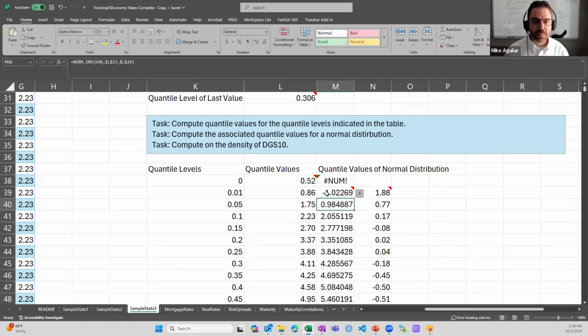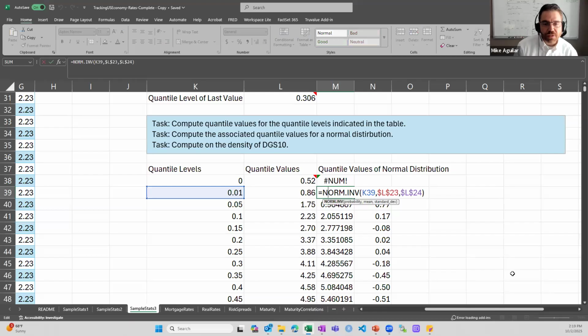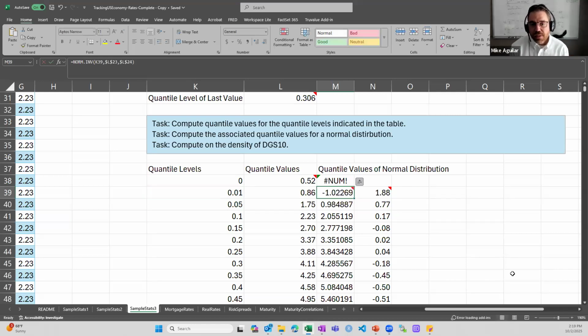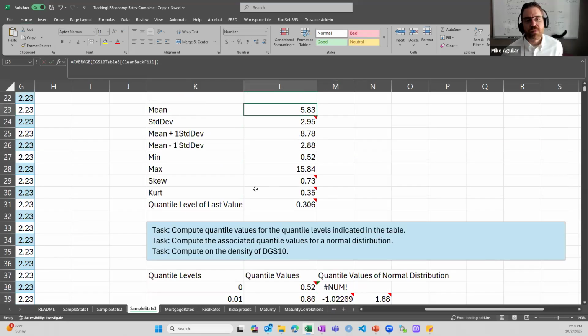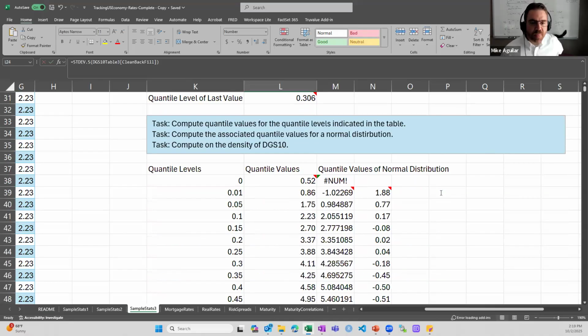A couple things I want to point out. Let's do that for the 0.01 quantile. It's the same formula. I locked in with the double dollar signs on the L and the row, L and the row for the mean and standard deviation respectively. So this looks all good, but look at the number. This is saying that given a series with a mean of 5.83 and a standard deviation 2.95, when you look